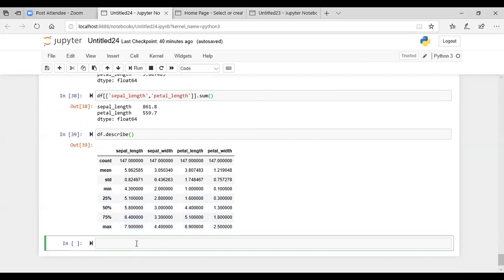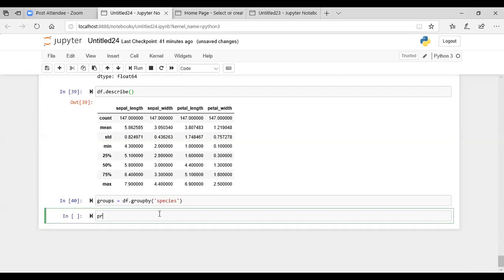Then you can make use of groups also. You can group the rows based on a specific column. So let's say groups is equal to df dot groupby. You want to group based on some attribute, let's say species.